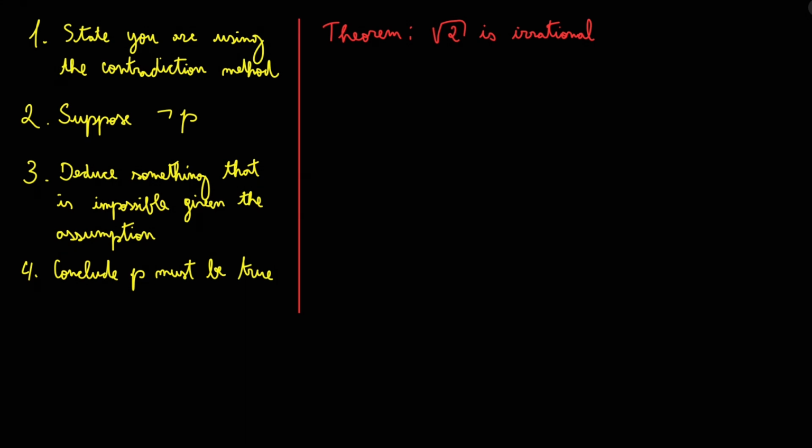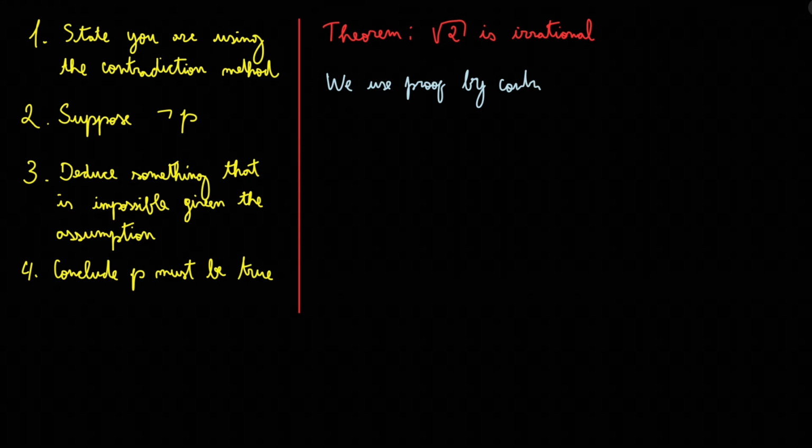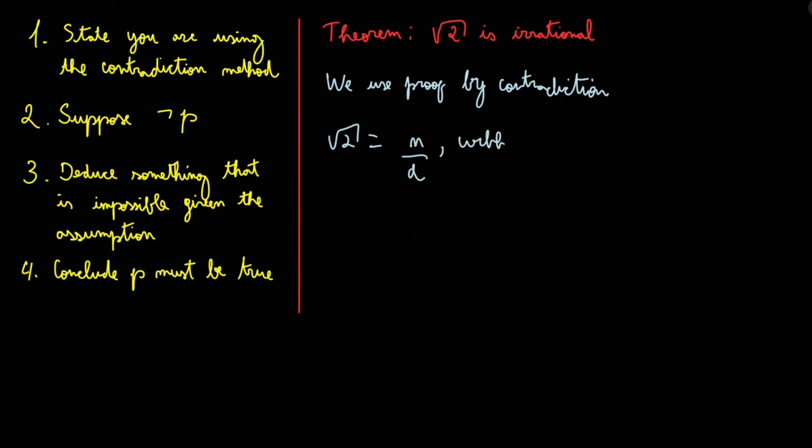Following our method, first we will write that we use proof by contradiction. Then we suppose that the proposition is false, so we suppose that the square root of 2 is rational. We can write a rational number as a ratio of two integers, let's call them n and d, in which d must be different than 0, and n and d have no